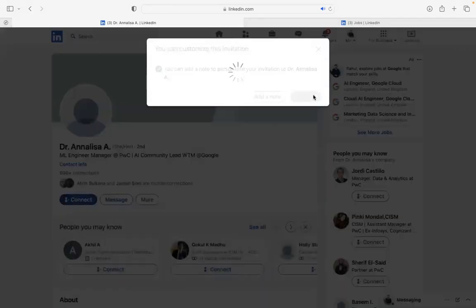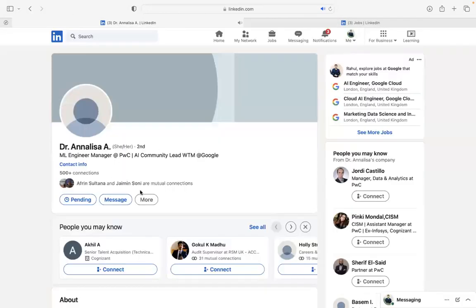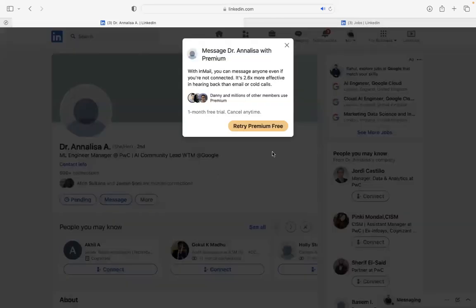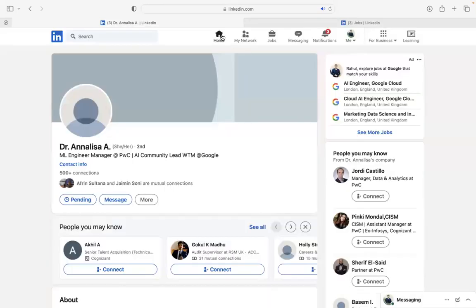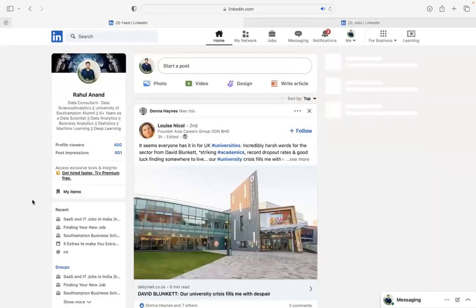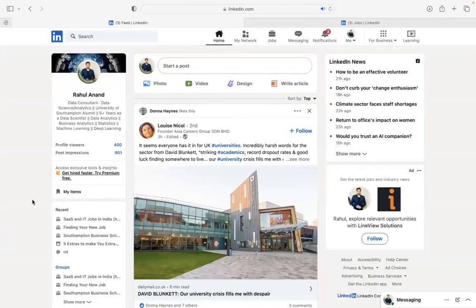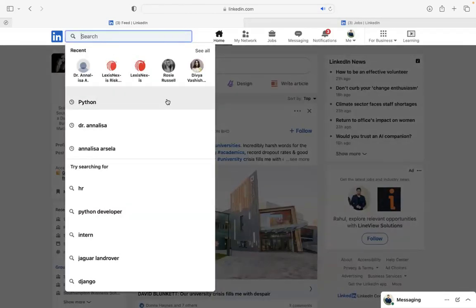I'll just make a connection request. So I'm sending a connection request. If I want to message her, then it will come up. So if I want to message a person who is not in my connection, it will ask for premium. Okay, and that's why I've mentioned that you should take a premium profile for a month, just to search